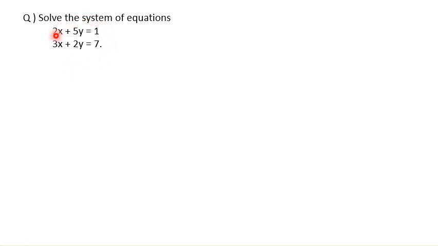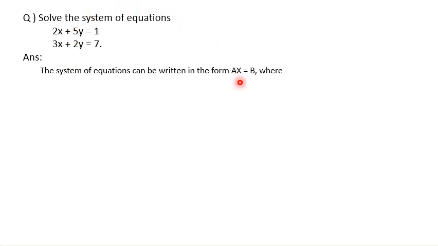For that, we need to convert this system of equations to matrix form, and from that we can find x and y. So first we need to convert this to a matrix form. So here Ax equal to B. A is the coefficient matrix. That is, we need to write the coefficients of x and y in matrix form. Here, 2, 5, 3, 2 are the coefficients of x and y. Just writing it as a matrix like this.